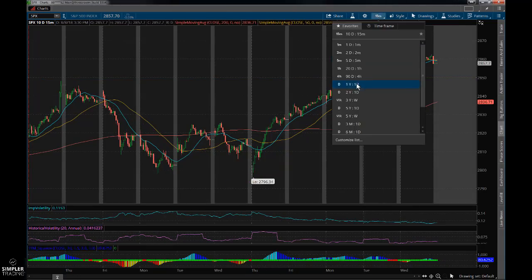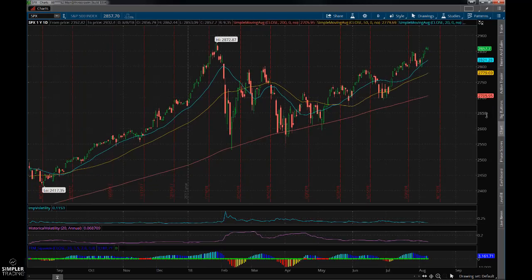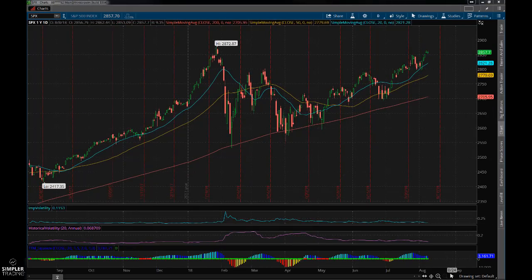And again, let's take this out one step further, because you always have to put this in perspective. Right here, that is the all-time high for the S&P, and we are right up against it. We were about 10 points away from it, which is nothing for the S&P to move, to reach up there and tag it, and I think that might be what happens. But if you look back historically at some of these other levels, of course here's 2800,